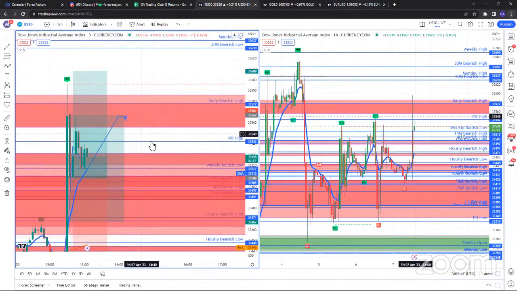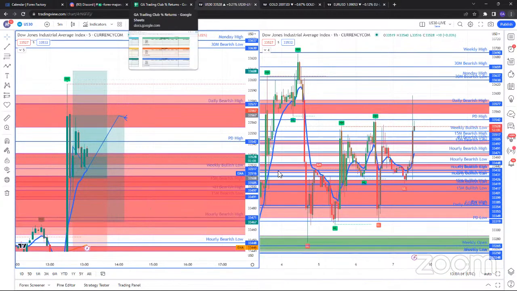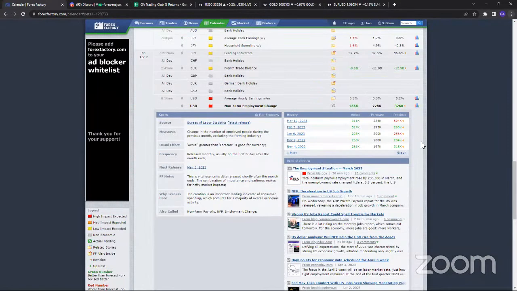So that news was also good for the US 30, for US based indices, because it's ideally supposed to mean that the economy is doing well. More people are getting jobs. However,